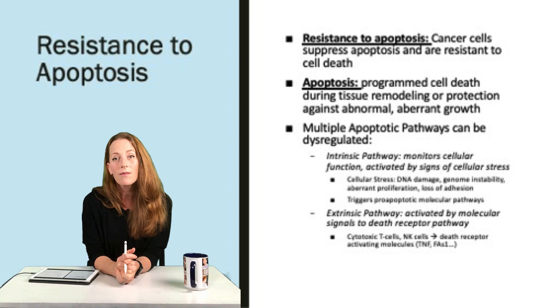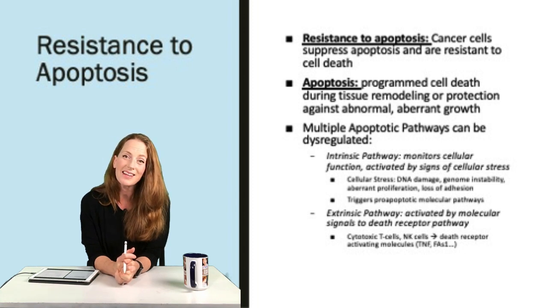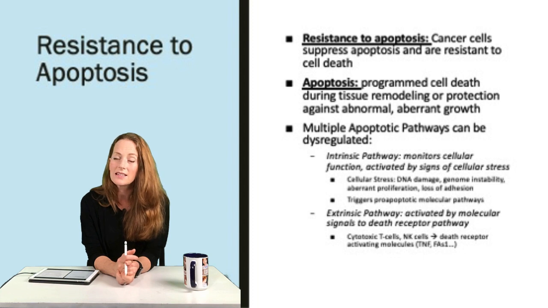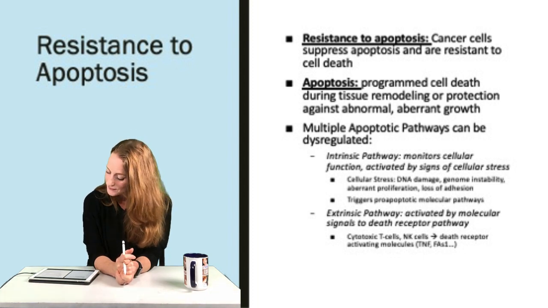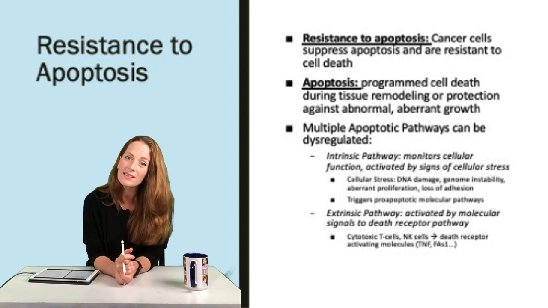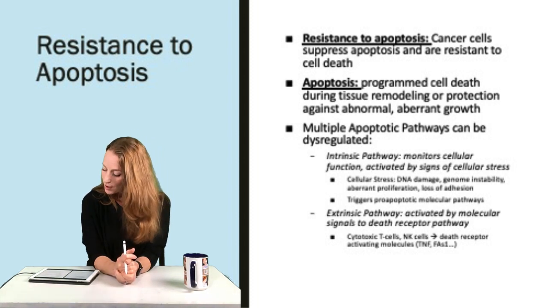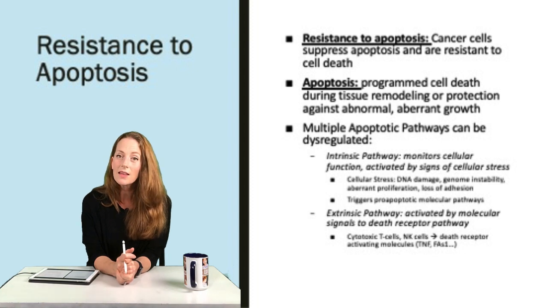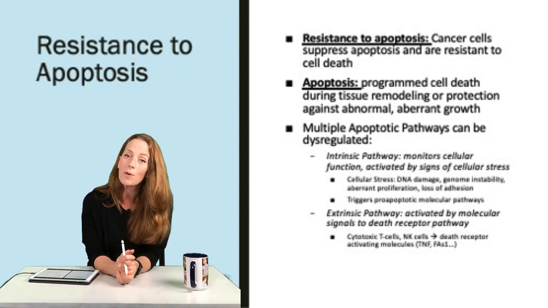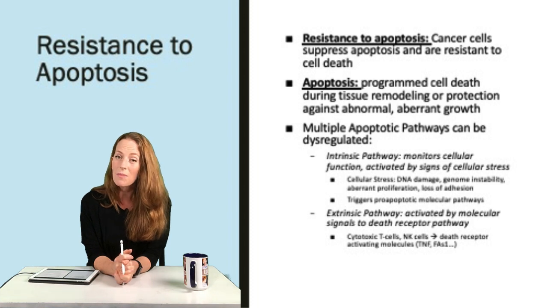Finally, the group of cancer hallmarks that are related to evading destruction or the inability to be destroyed. Cancer cells are resistant to apoptosis or cell death pathways. They suppress apoptosis and are resistant to cell death. Remember that apoptosis is programmed cell death, normally used during tissue remodeling or protection against abnormal or aberrant growth. So normally an abnormal growth should turn on the apoptotic pathways, but cancer cells often suppress those apoptotic pathways so